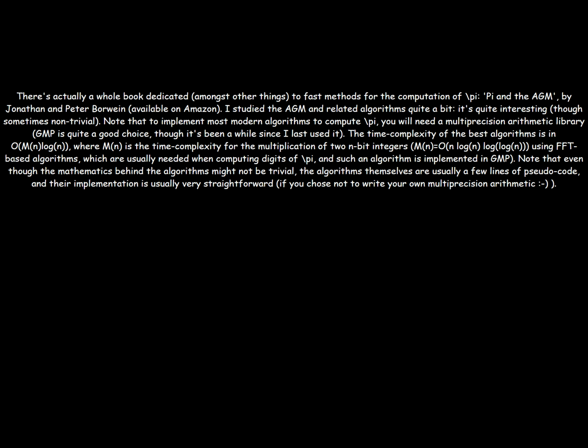Note that even though the mathematics behind the algorithms might not be trivial, the algorithms themselves are usually a few lines of pseudocode, and their implementation is usually very straightforward. If you choose not to write your own multi-precision arithmetic,